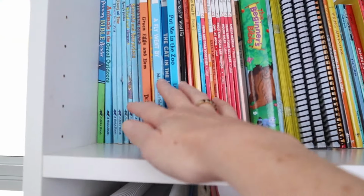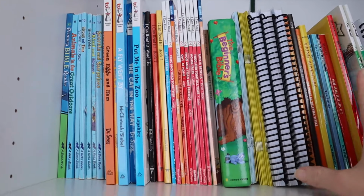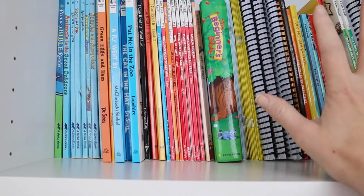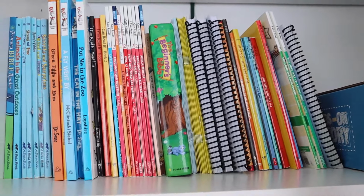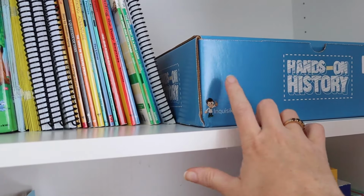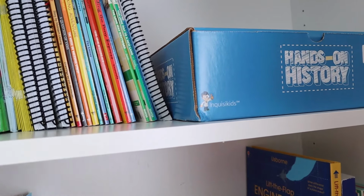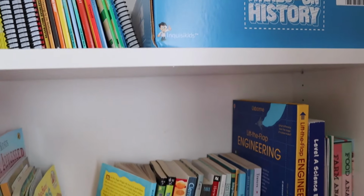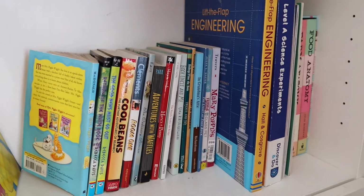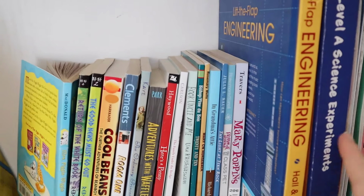Here I have all of their readers that they're doing this year. So this is like kindergarten, all of the readers are there for them. So I just pull from them as they're ready for them. This is our hands-on history kit from Sunlight, which we did the first one of those today, and that was really fun. And then down here, I have all of our family read-alouds for Sunlight and the science as well, and